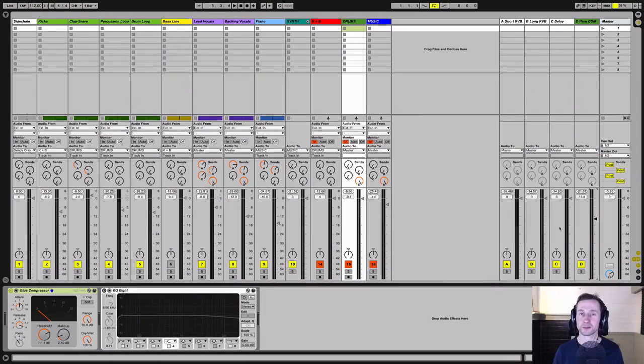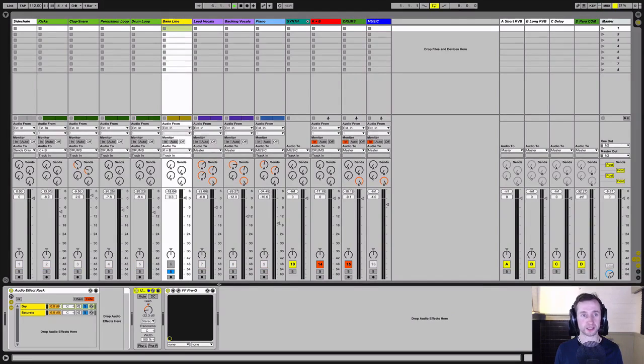Another way that parallel processing is super useful is for harmonic mixing. Now this is something that you might do in the music production stage as well when you're just doing your sound design. But let's have a listen to our bass line. And you'll see here there is the dry channel, and then in parallel I've created a saturated channel,